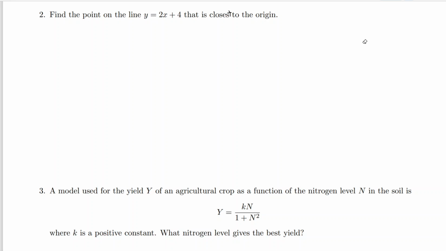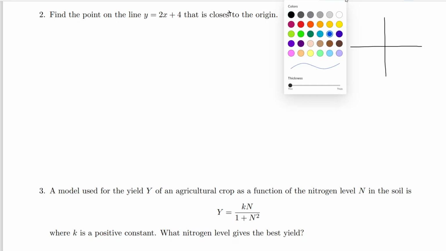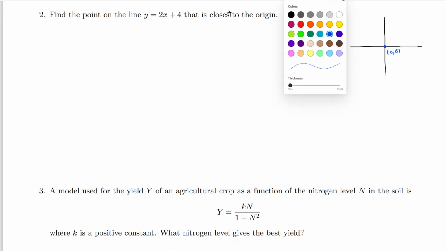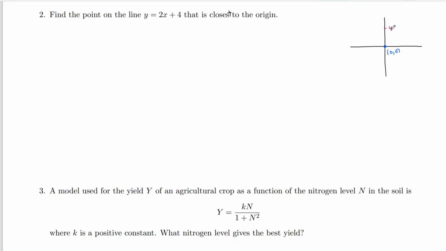So let me make that a little bit smaller, but I want to go ahead and just draw the picture a little bit to be able to explain the problem. So let's put the origin here. This is our origin, 0, 0, and then we have the line y equals 2x plus 4. Now that's the line with y-intercept of 4 with slope of 2, so it's positive. I'm not really going to specify the other points. You can figure out the x-intercept if you want to, but it's not going to be important to finding the